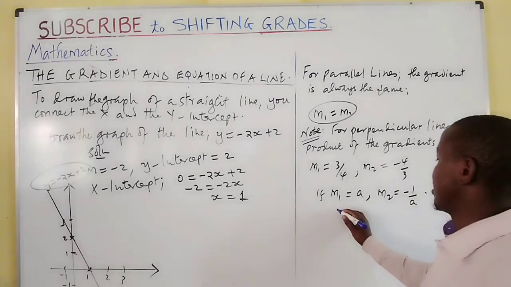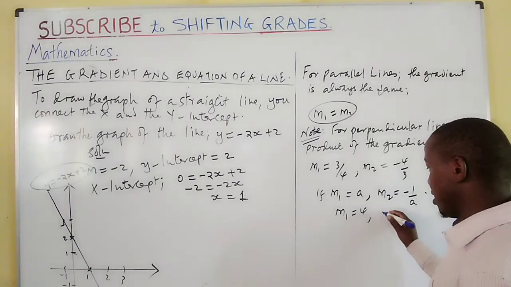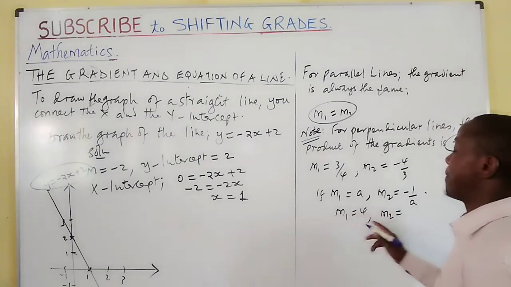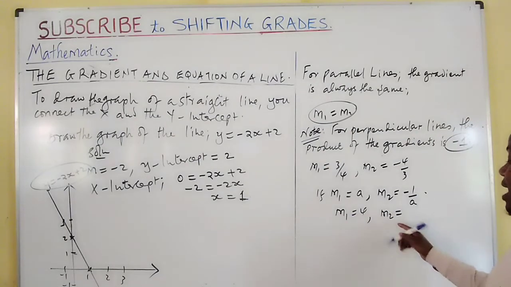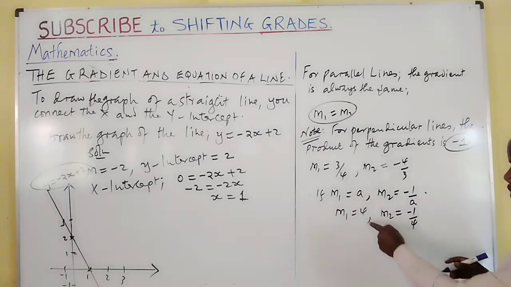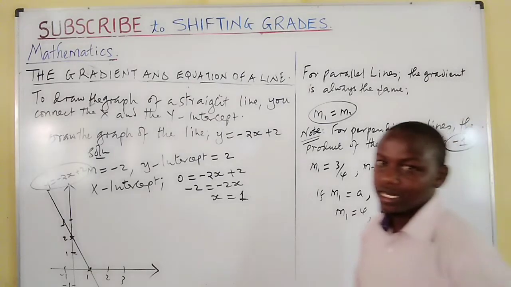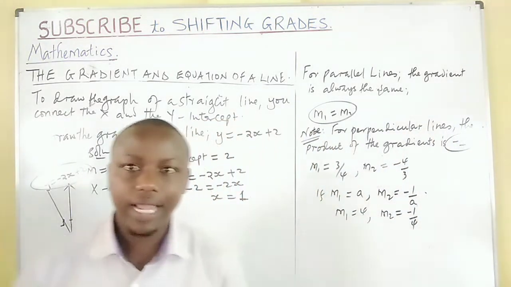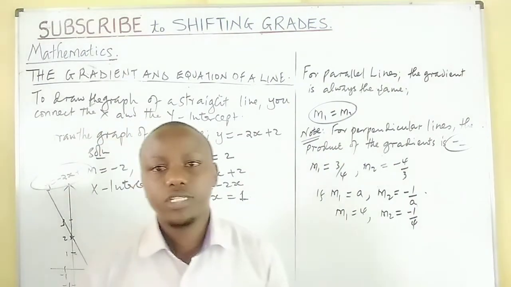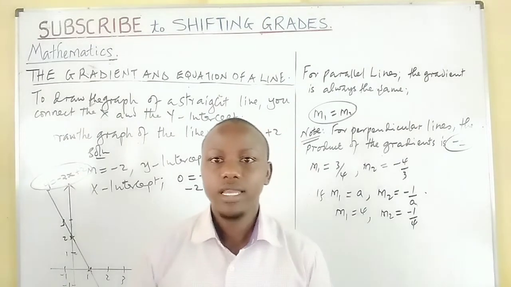So if I tell you that the gradient of a line is 4, then the other one, which is perpendicular to this one, will have a gradient which is -1/4, such that when the two are multiplied, we get -1. So that's all about the concepts of gradient and equation of a line in Book 2